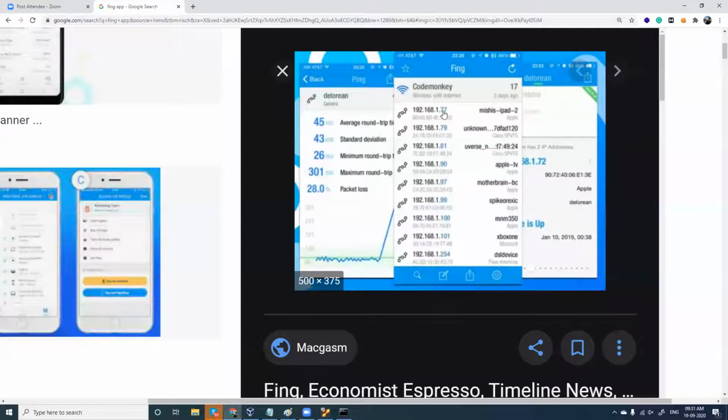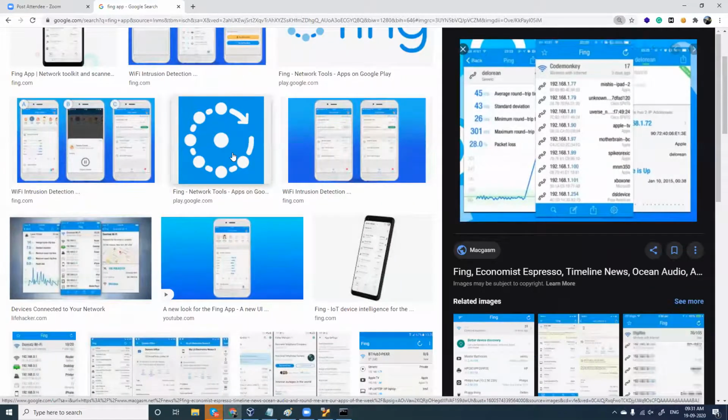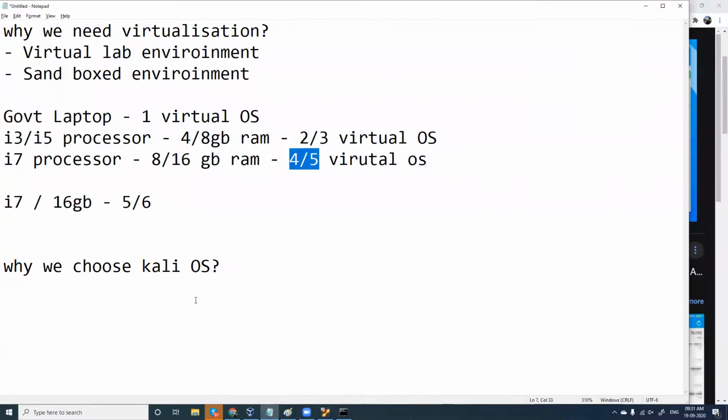So the attacker's objective is first to get anyone's IP address and MAC address. From this, probably they'll come to know if it is an Apple mobile or an Android mobile, or what type of mobile this is. Attacks like session hijacking, network sniffing, any type of attack will be possible, but grabbing the IP address is the first part. For this, an app like this can help. This comes handy. And professionally speaking, you can also go for Nmap.